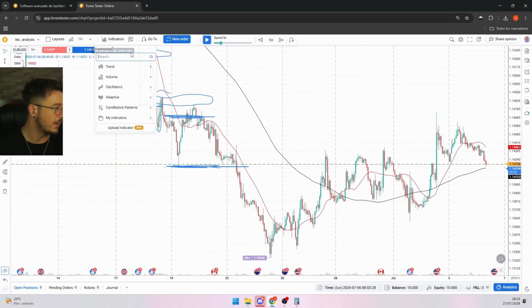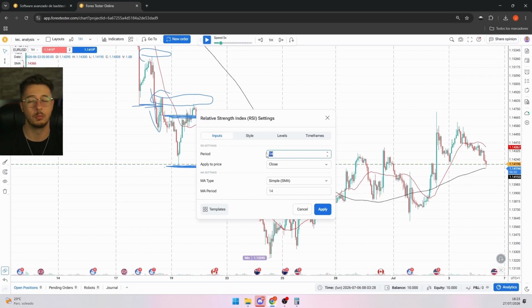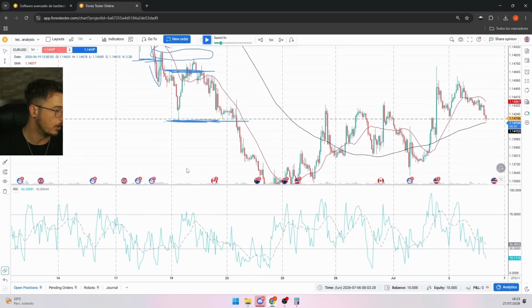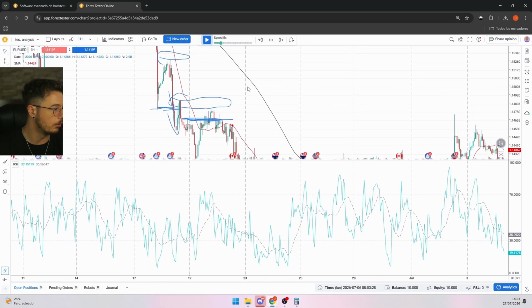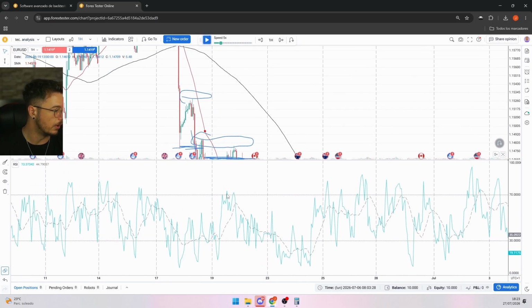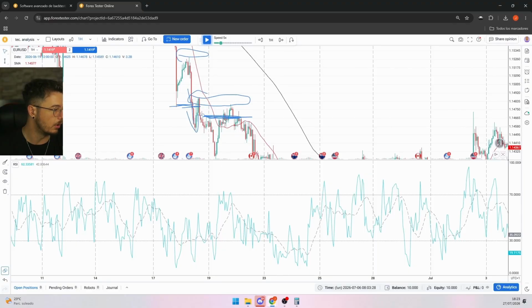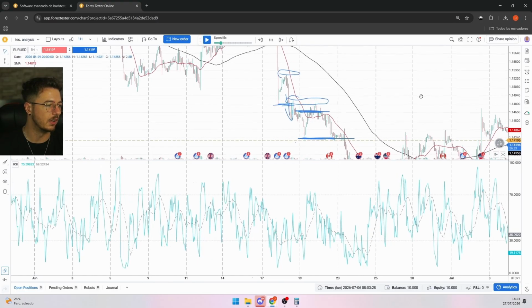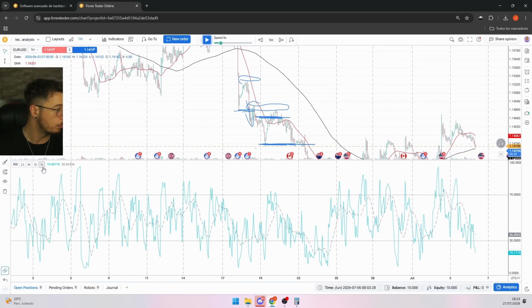We could even use indicators like an RSI. The RSI normally tells you the overbought and the oversold. So I could use maybe a 5 RSI or a 3 RSI. And as you can see at this point here, when the price bumped in at this zone, we could enter when the RSI closes back down again. There are loads of different ways that we can look for an actual entry point, and the most important is that